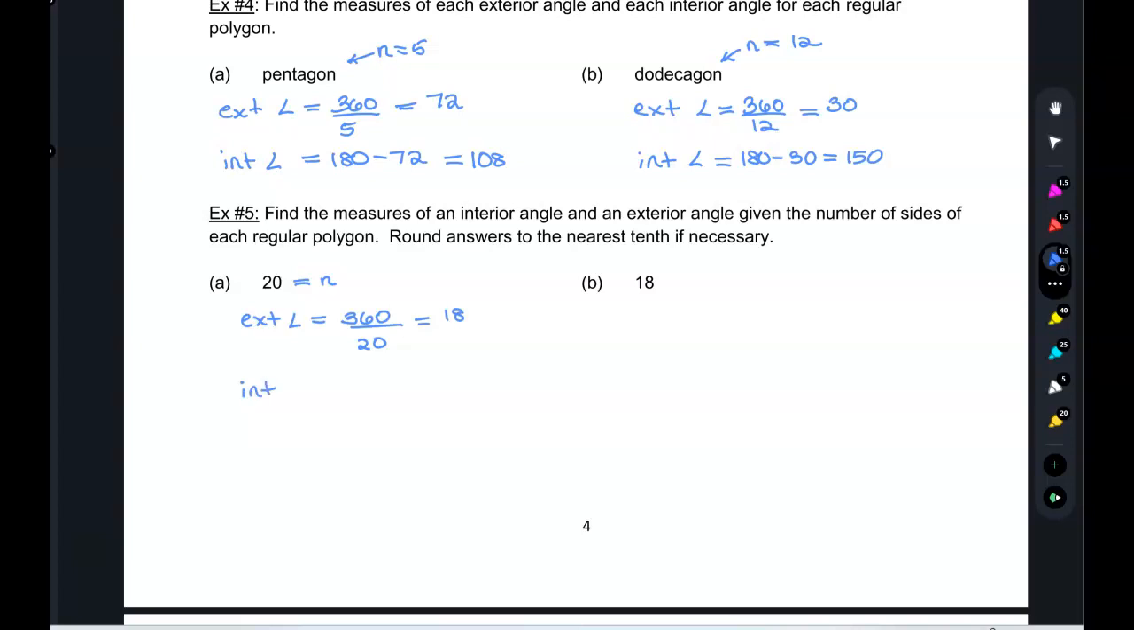And then an interior angle. Good. Okay, again, now 18 is n, which is like the opposite of the last one, right? It's 20. So the exterior angle is 20, which makes the interior angle